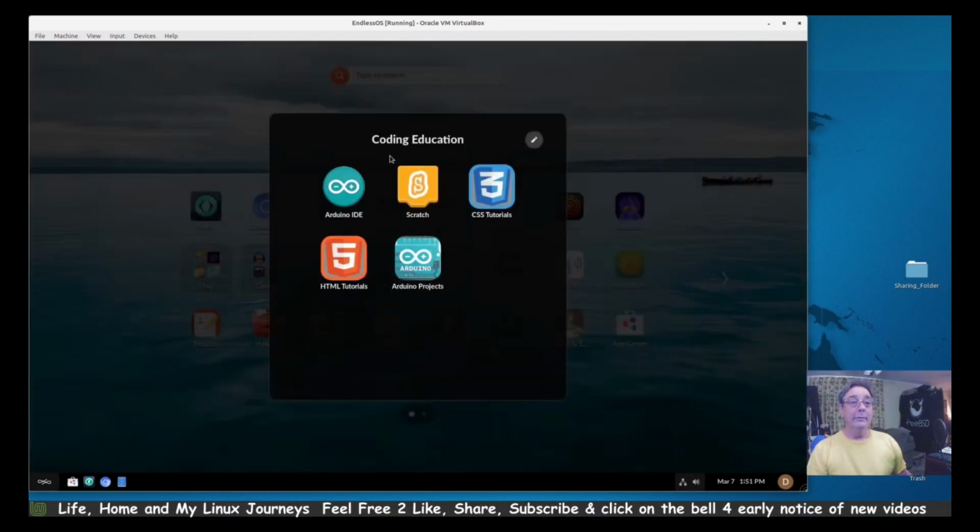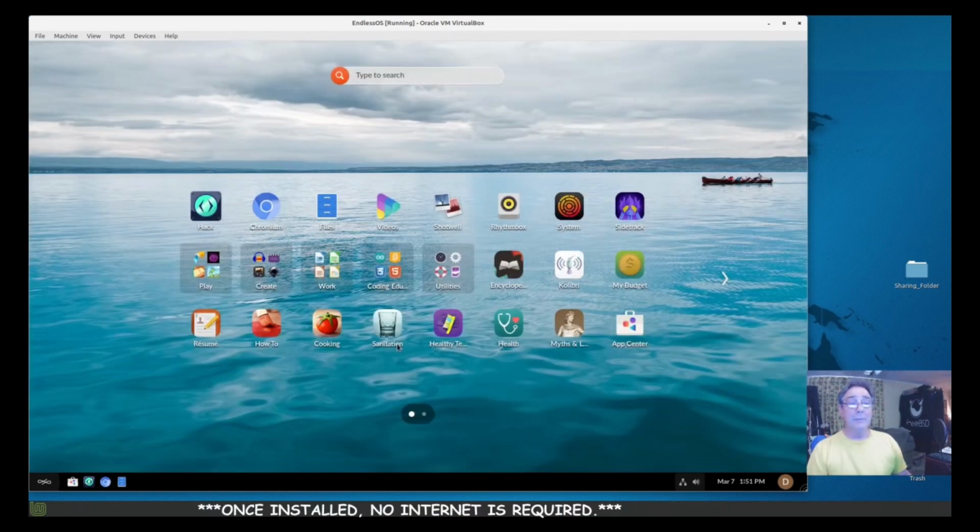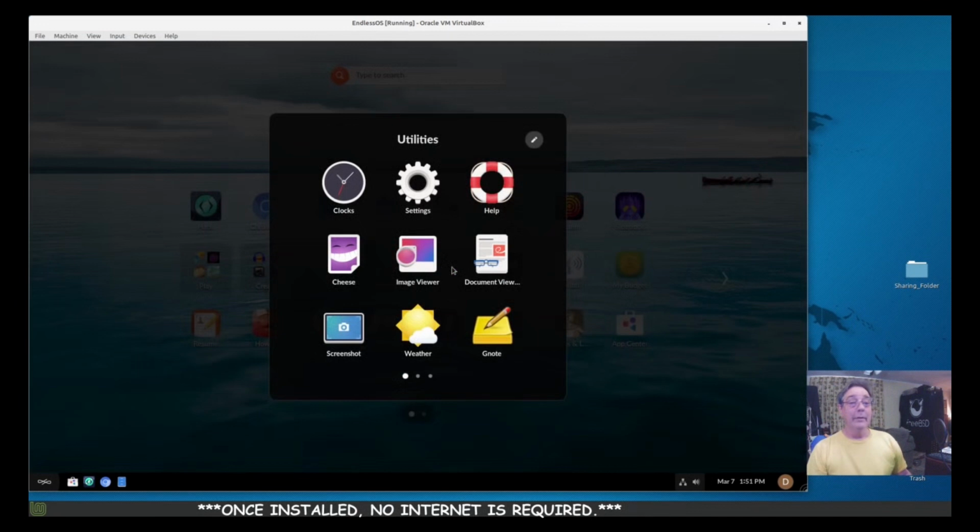Coding. It did say on the website that they provided the means for you to learn how to do some simple coding. You know, get your foot in the door on learning how to code. That's pretty nice. Not so much for me, but for somebody else.